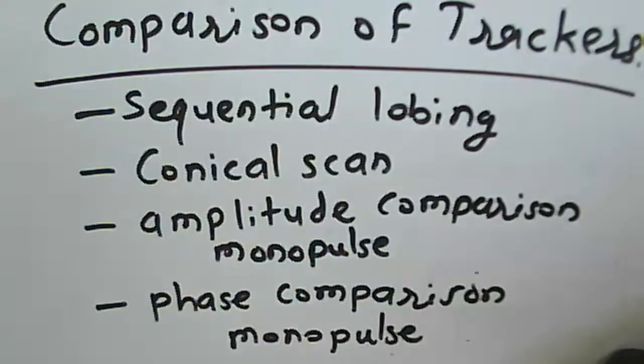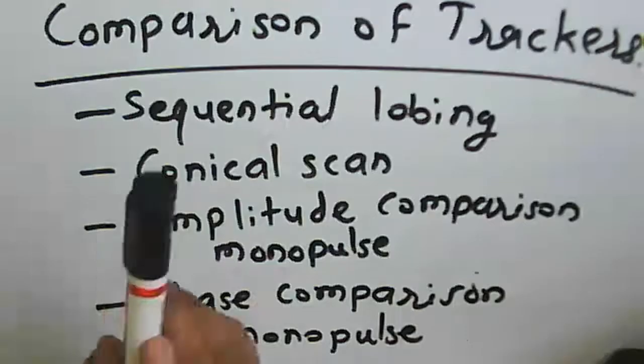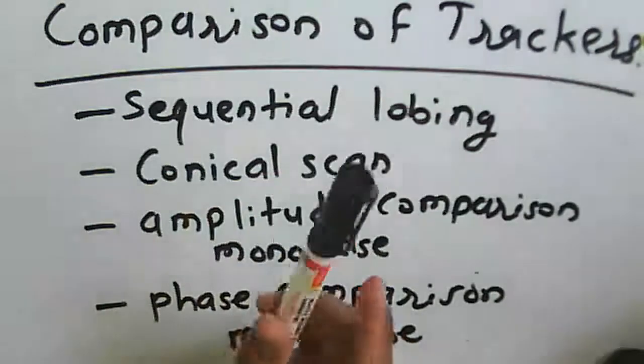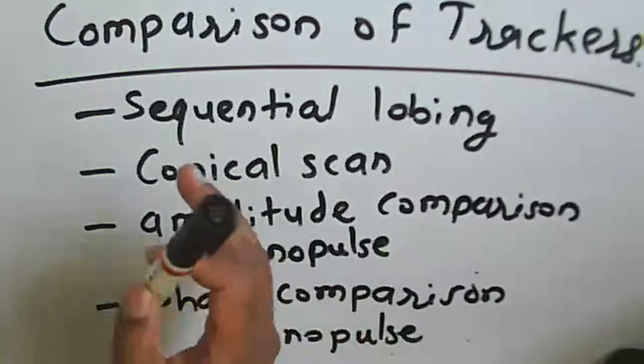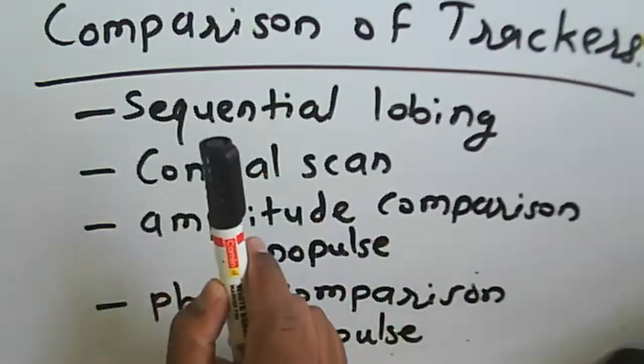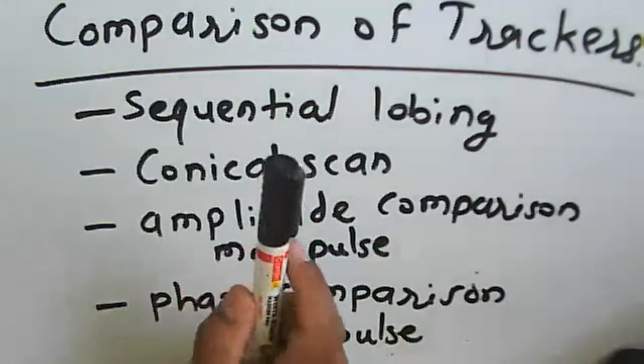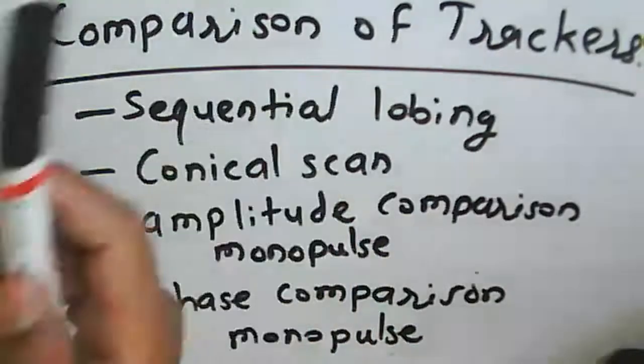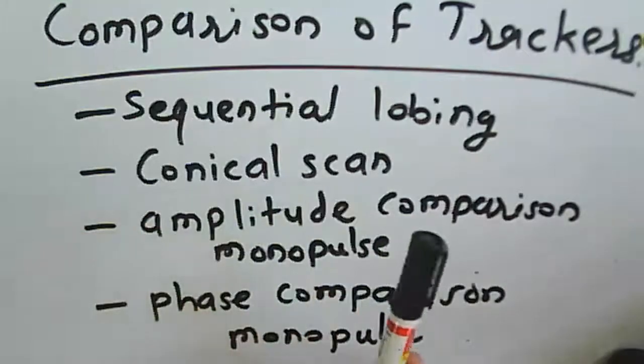Now, in the case of sequential tracking that we have learned earlier, it is on a time sharing basis. A single pulse is sent based on time sharing, which means two beams are used. In that case, we can find out the squint angle, as well as the amplitude. Likewise, in the case of conical scanning,